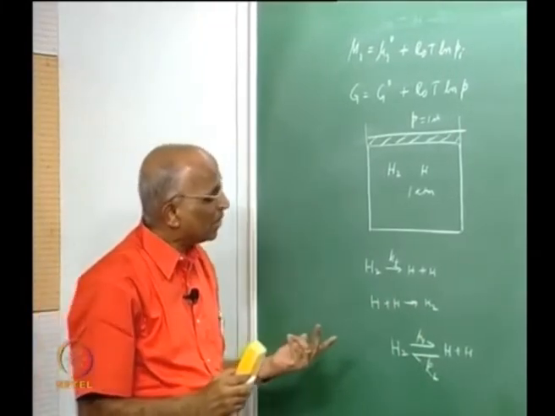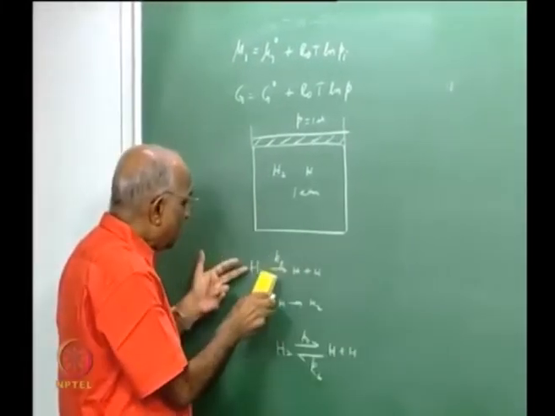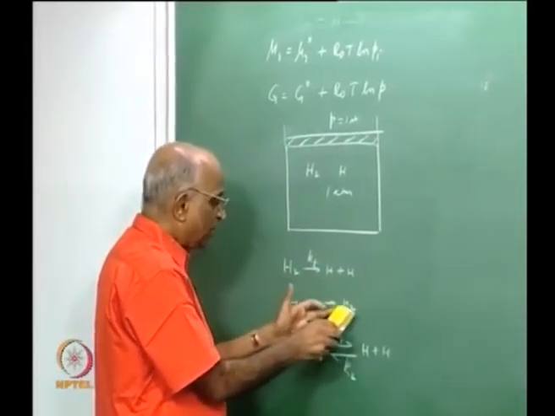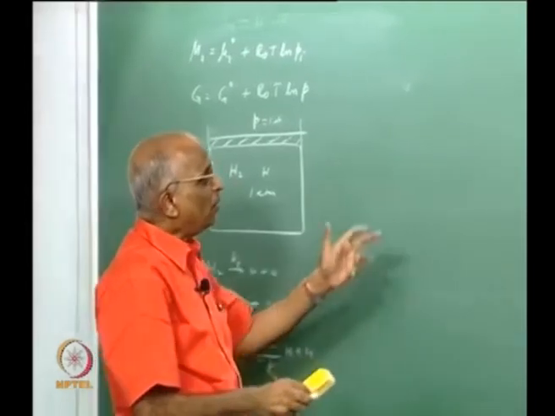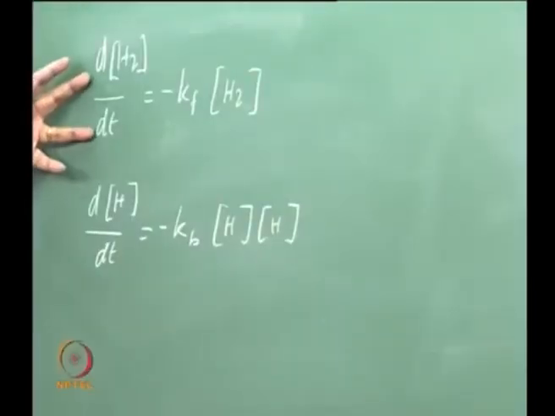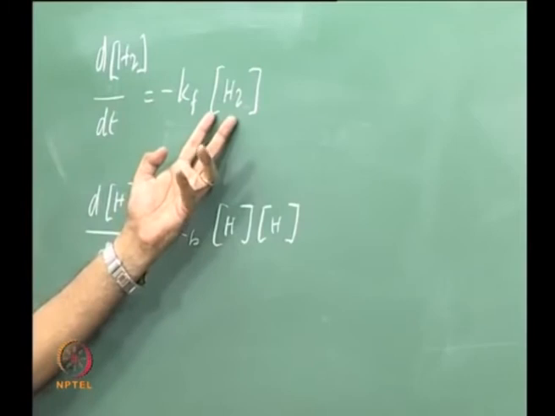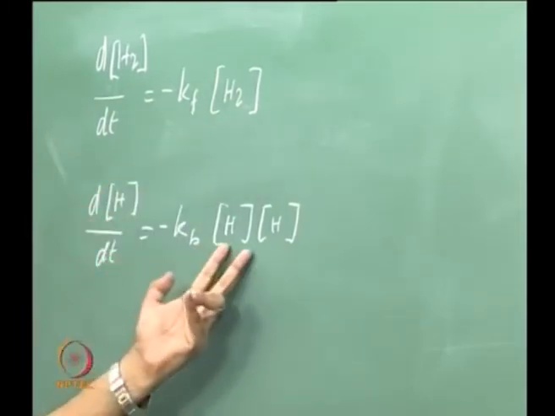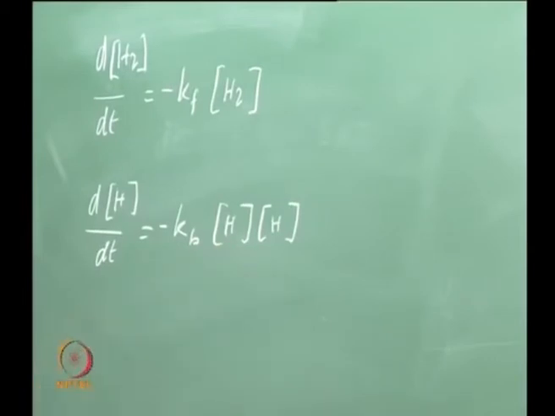Therefore, the reaction of H plus H proceeds in this direction. The rate at which hydrogen gets depleted is proportional to the H2, and the rate at which the H atoms get depleted because of the reverse reaction is in this, and therefore, for equilibrium